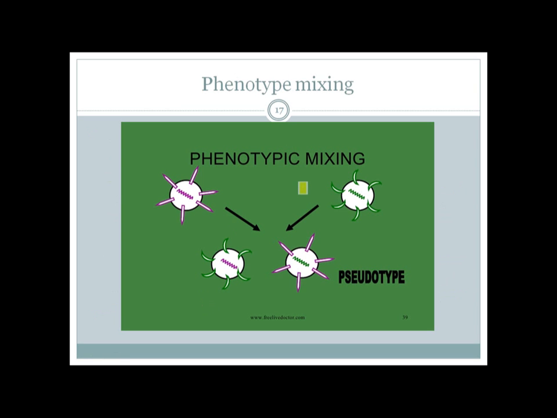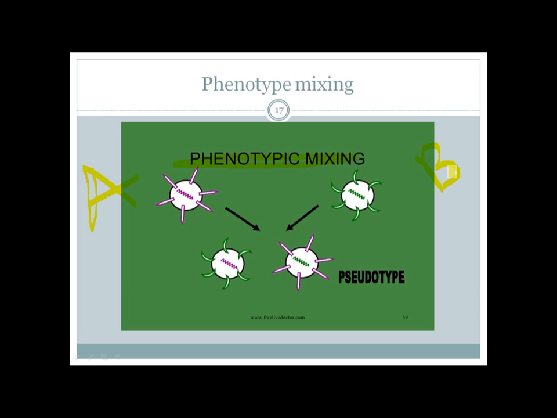Okay, and there is another viral genetic change which is called phenotype mixing. Here only the phenotypes are mixed. Suppose this is virus A and this is virus B. Now suppose those two viruses infect a single cell, and when a virus infects a cell, it gets disassembled. The virus becomes broken down, the viral genome is released, and the viral genome is transcribed and then translated and forms new virus particles which are assembled again. This disassembling and then reassembling can be somewhat complicated if two viruses infect the same cell.